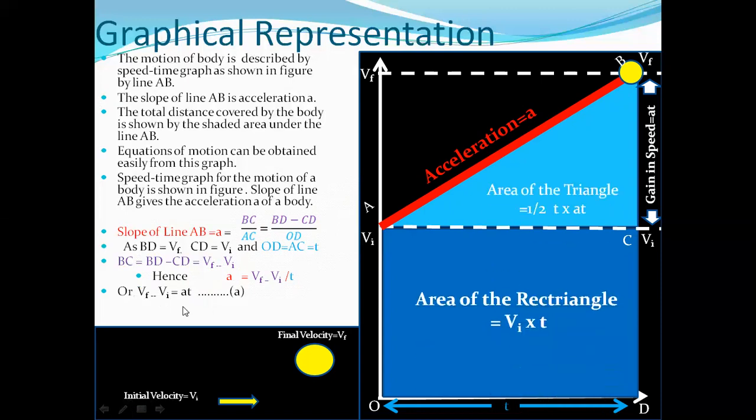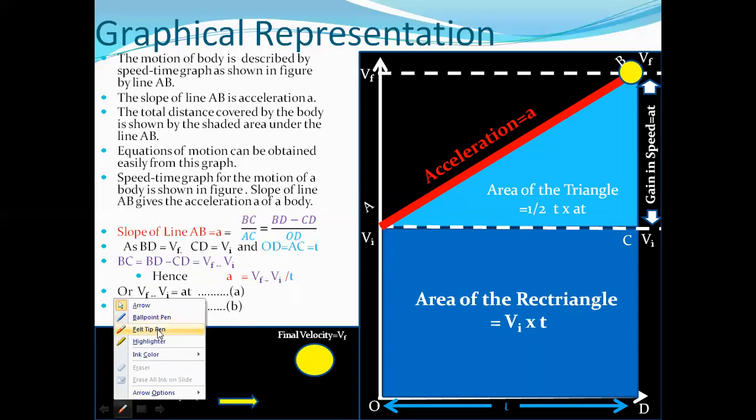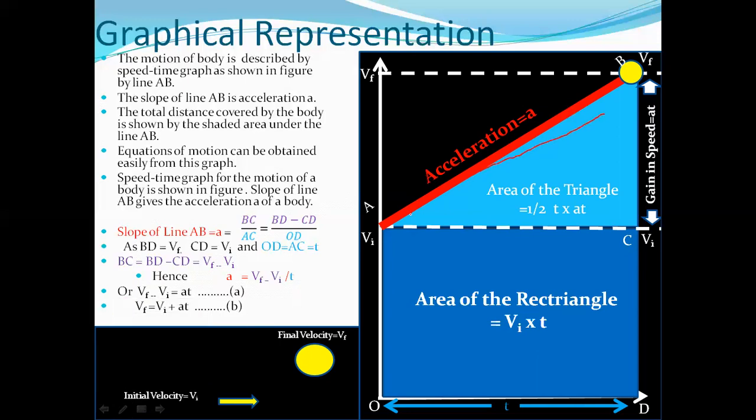The same equation can be rearranged and written as VF is equal to VI plus AT. This is the first equation of motion. Now, we can also differentiate these two areas upon their shape. As you can see over here, this is the area of a triangle and this is the area of a